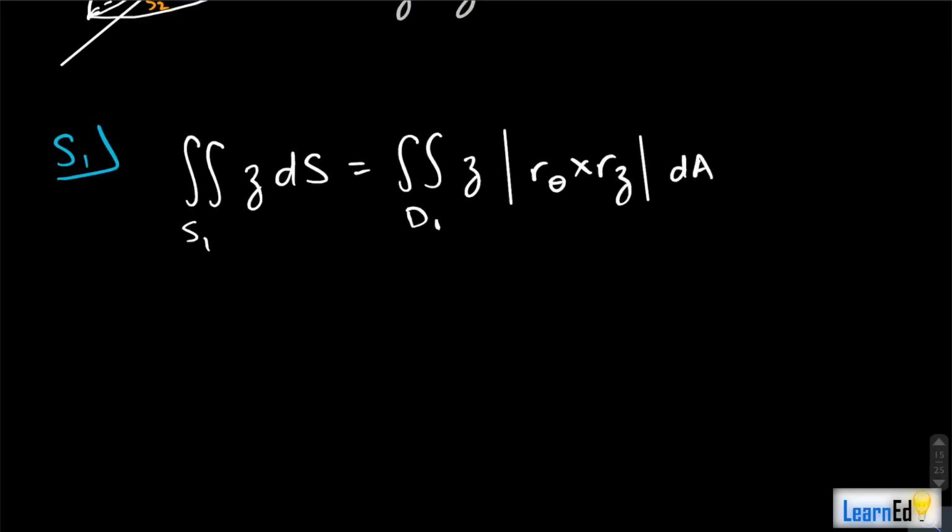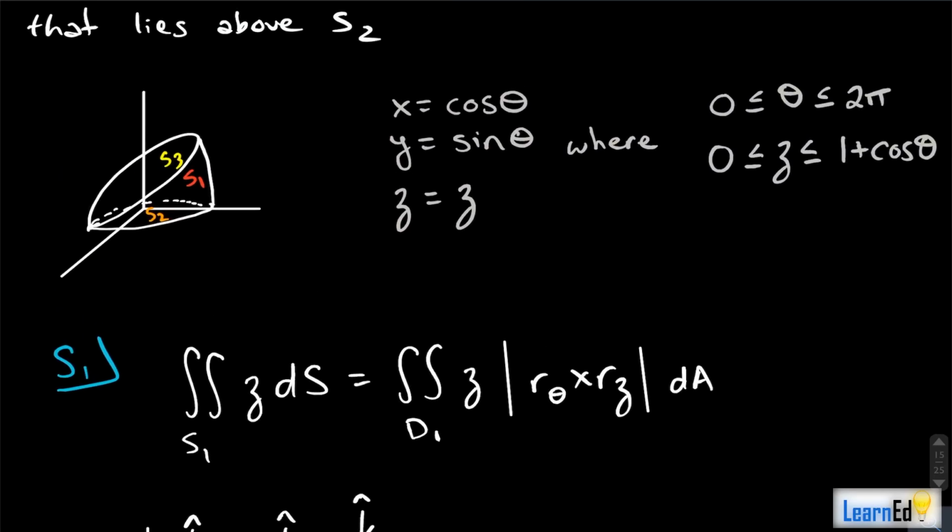All right, so now we're going to have to find that r theta cross rz thing, and basically what you have to understand about that is it's a cross product, okay, and you have your r theta. We'll put our r theta right here, the entries of that vector, right, and we'll put the entries of our rz vector below that. Okay, then of course the absolute value signs means we're going to have to find the magnitude. Now, what this is saying, well, if we took a vector x, y, z,